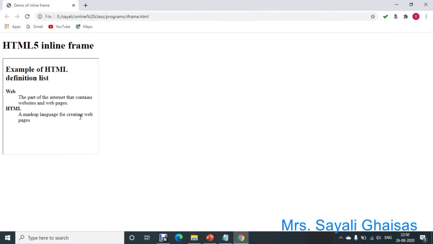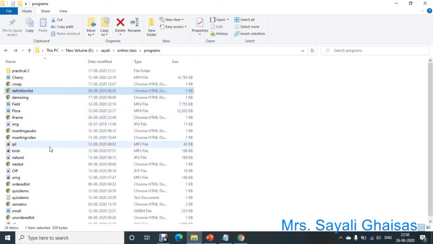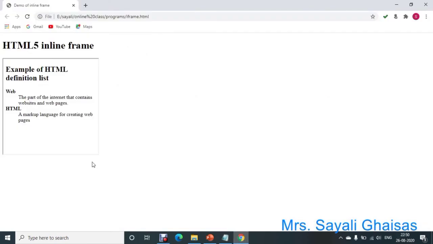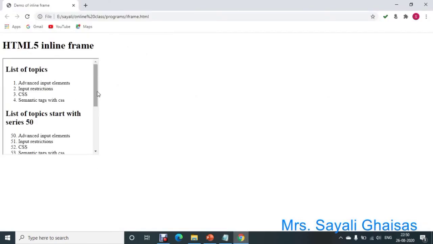So in this way you can specify any other file also. Suppose we specify the file as ordered list. Then here the content will get displayed from the ordered list.